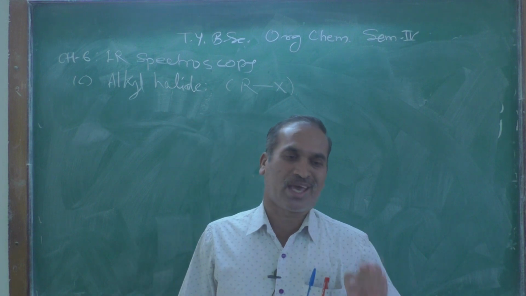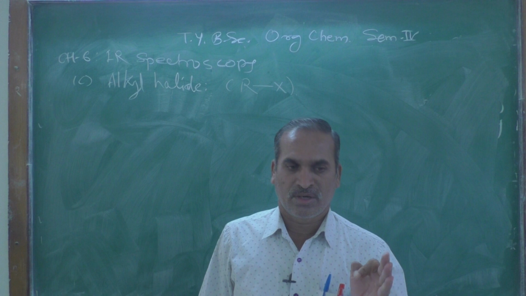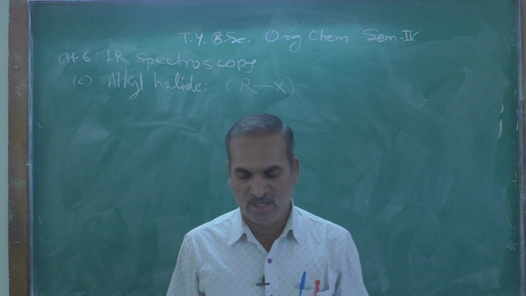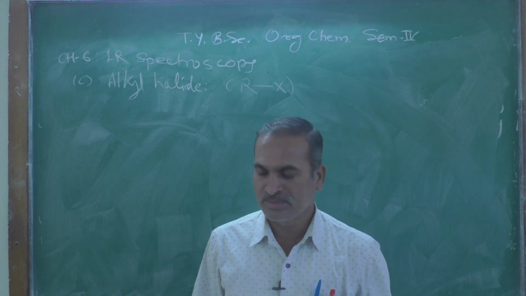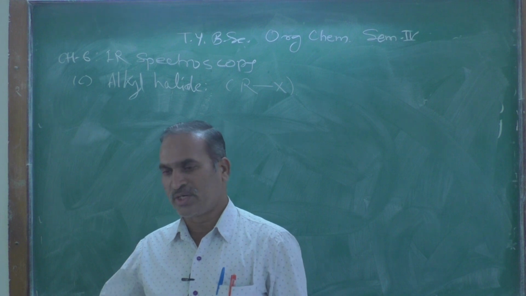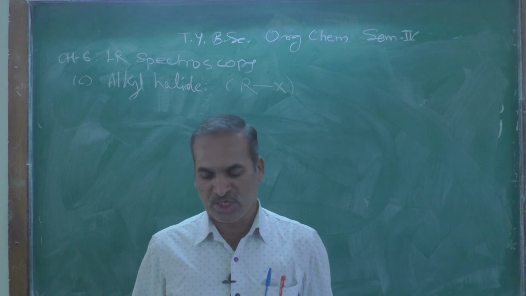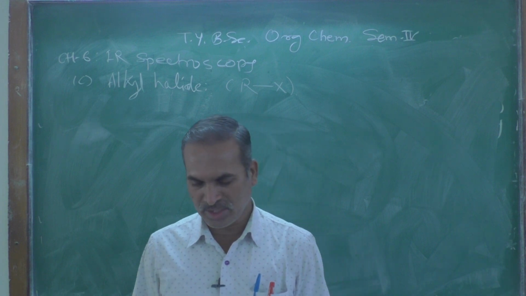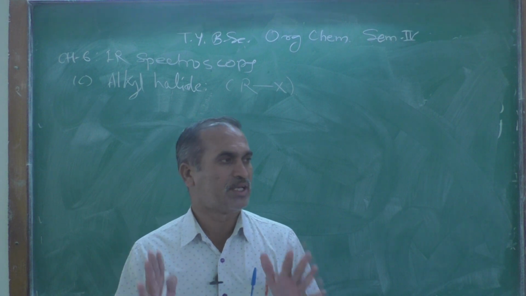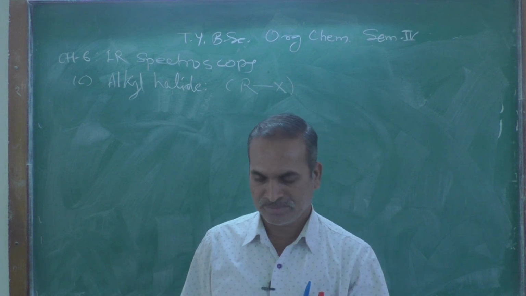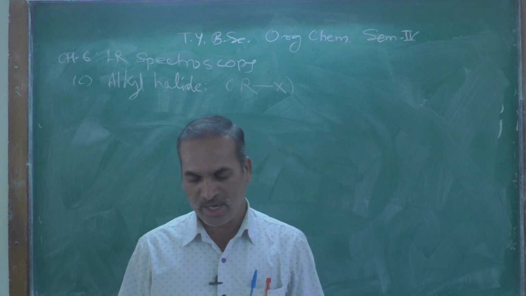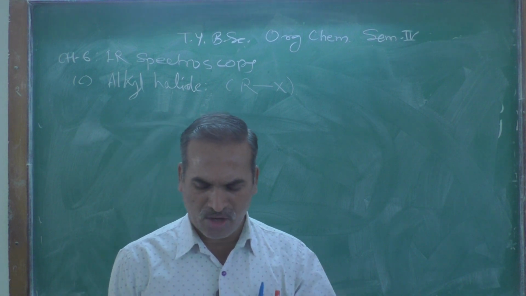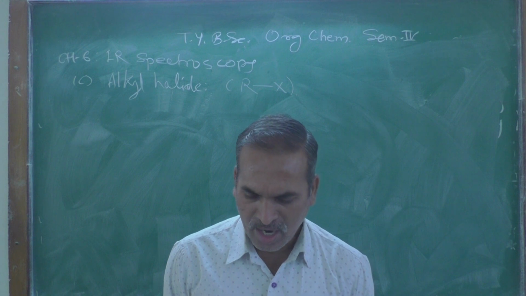shows a characteristic absorption peak or band or signal around 500 to 800 per centimeter, or maybe 1100 per centimeter, which clearly indicates the presence of halides in the organic compound. Let's see here the strong absorption of halogenated hydrocarbons